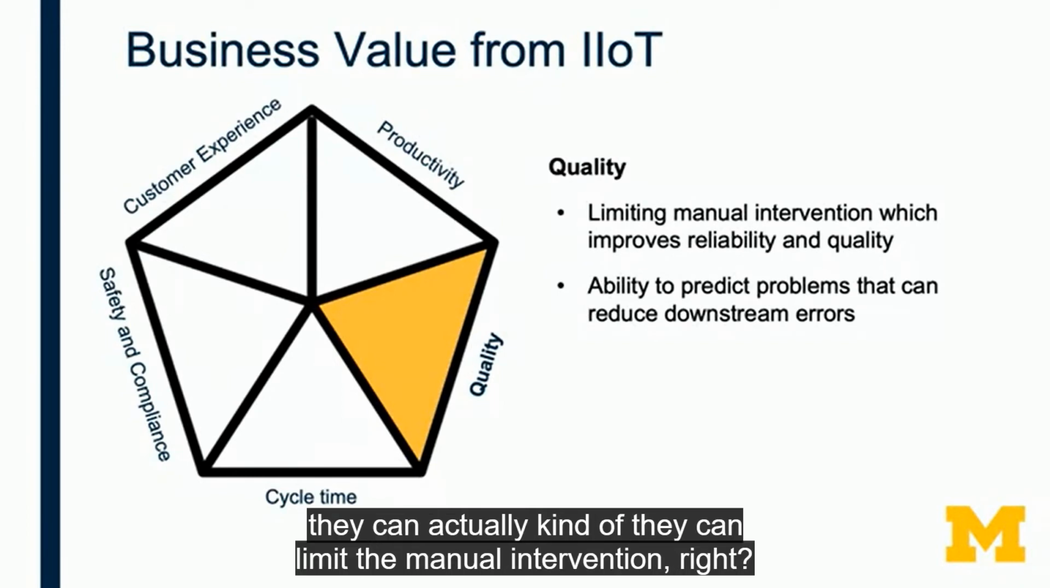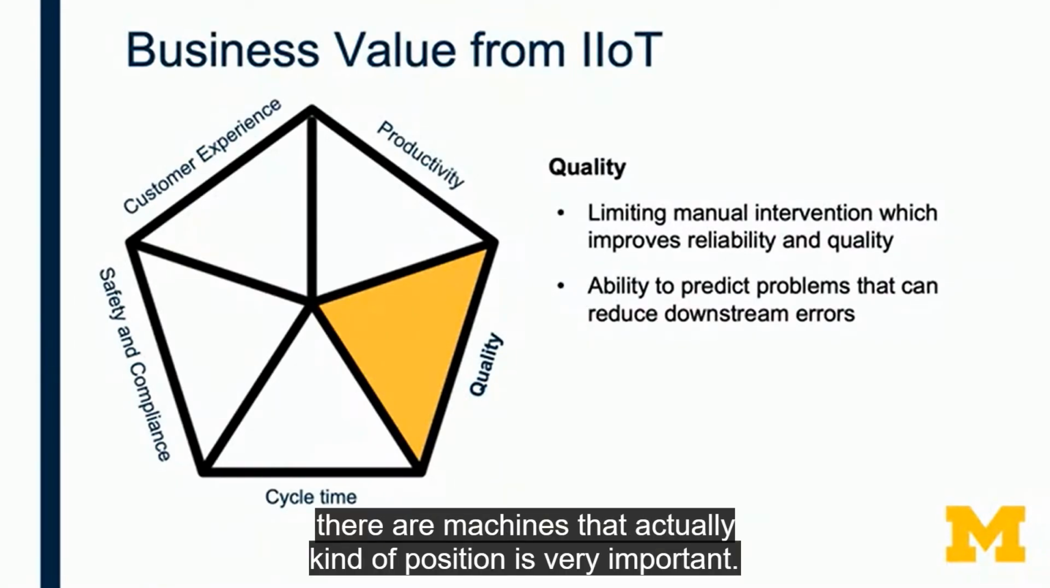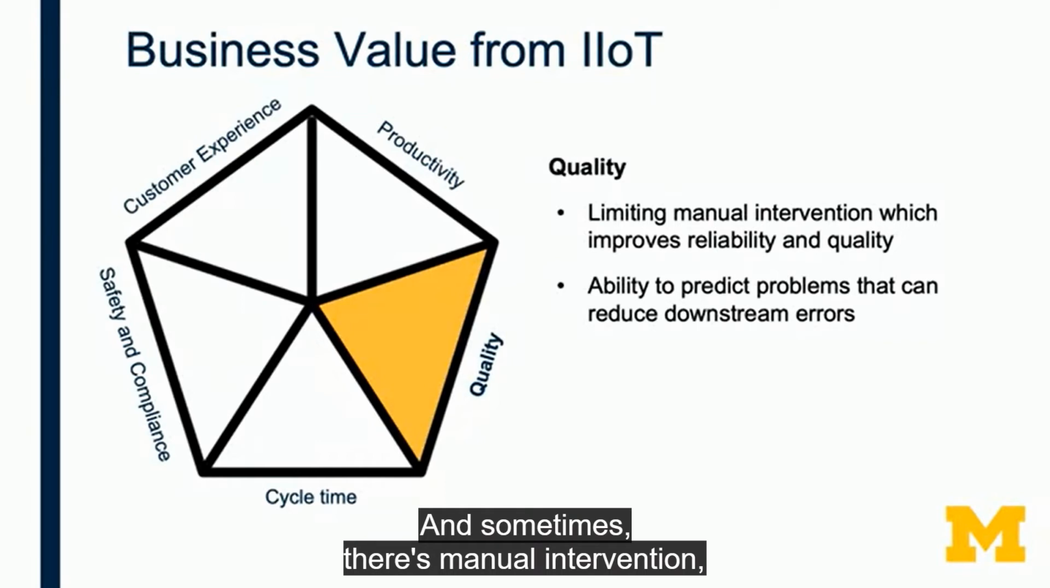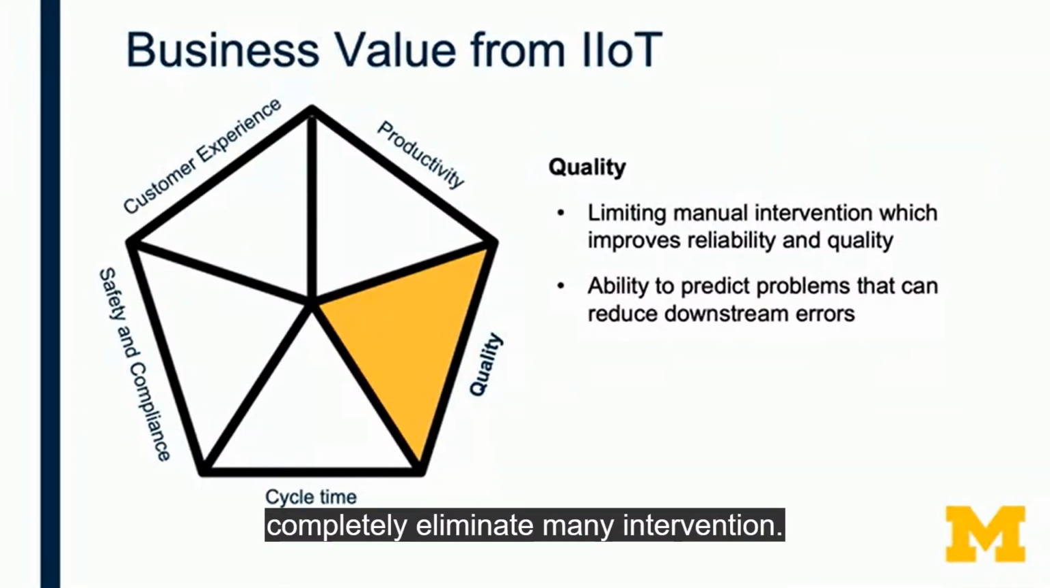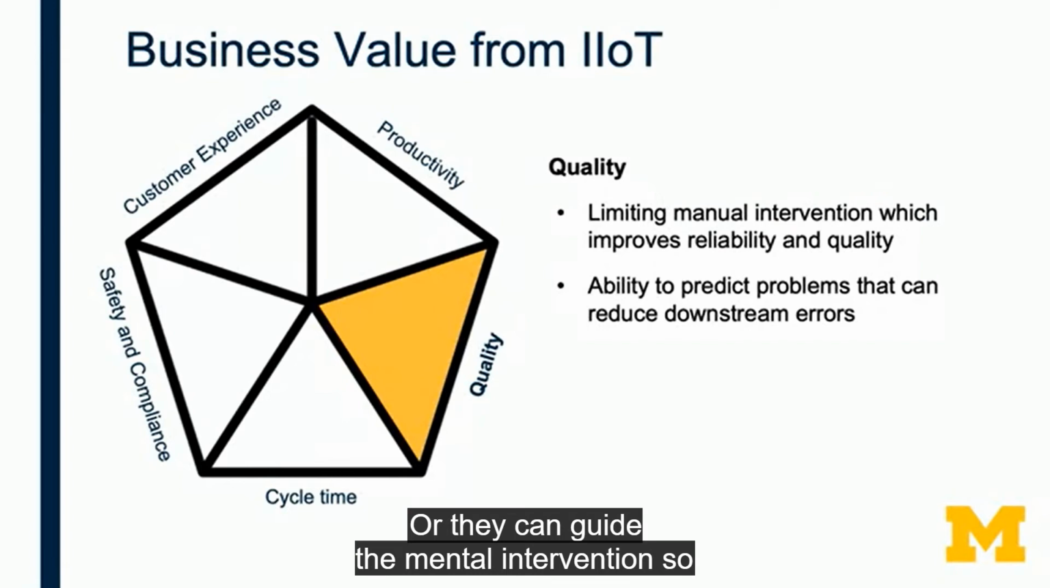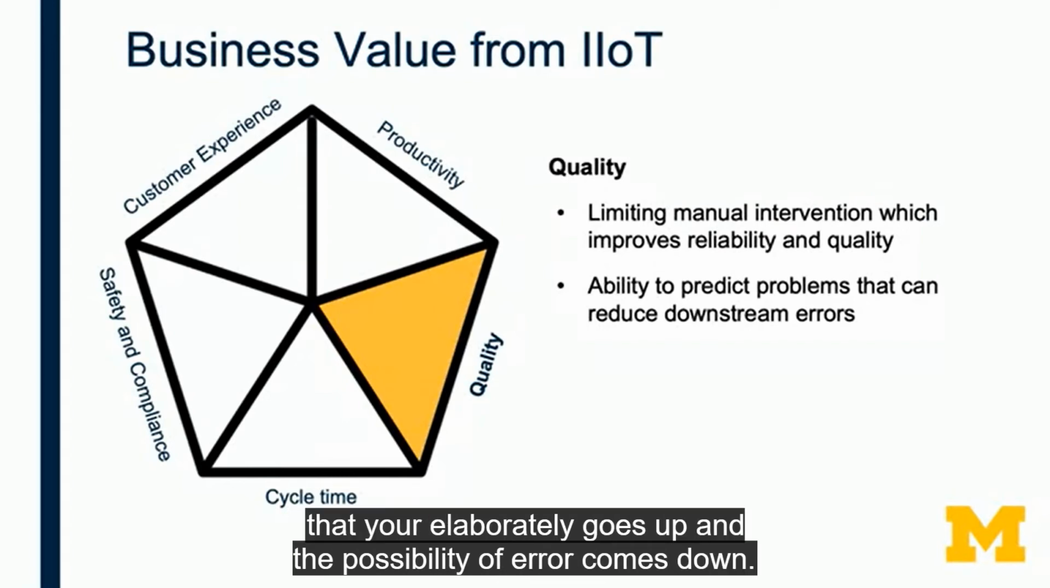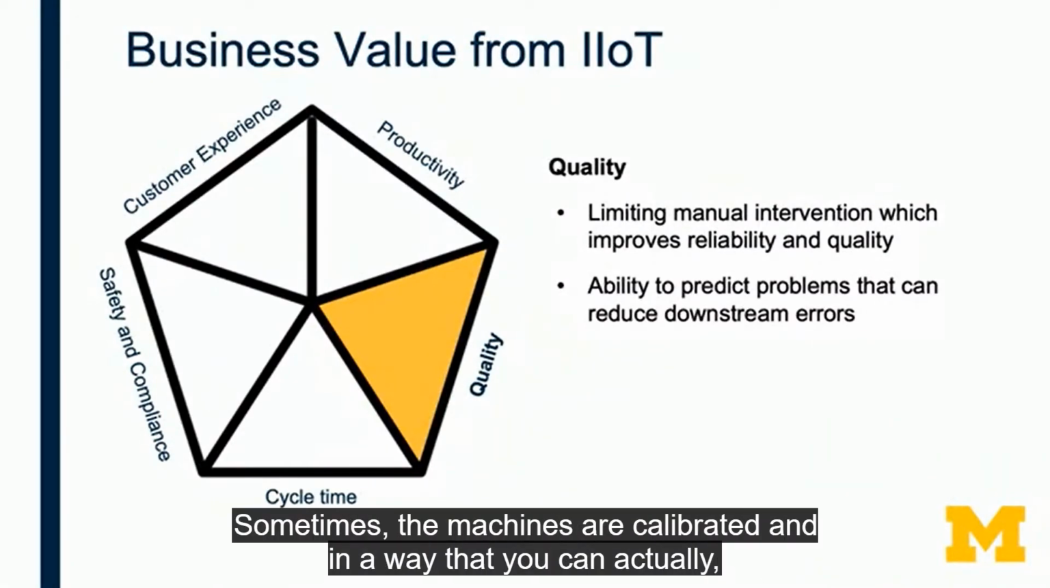In fact, a lot of times there are machines where precision is very important, and sometimes when there is manual intervention, automation of some of these processes can either completely eliminate manual intervention, or guide the manual intervention so that your reliability goes up and the possibility of error comes down. Sometimes the machines are calibrated in a way that you can get the real-time